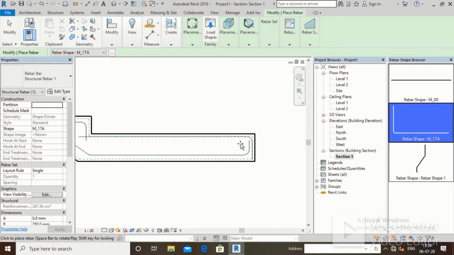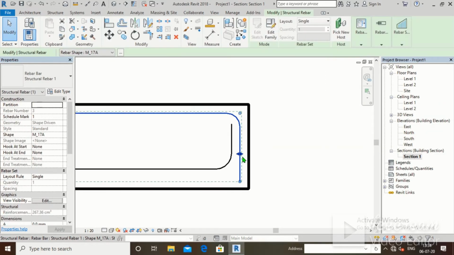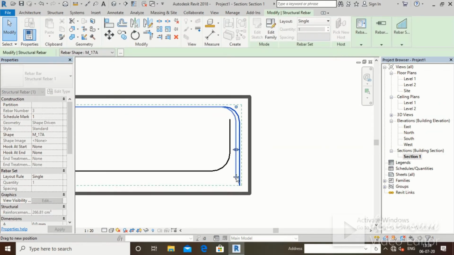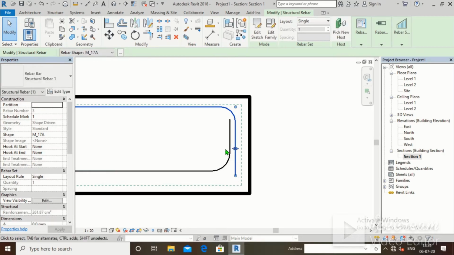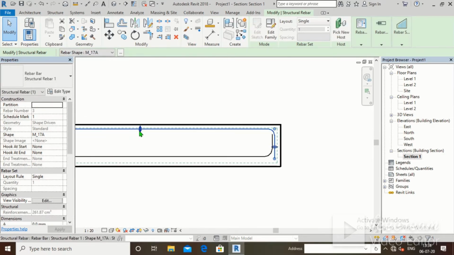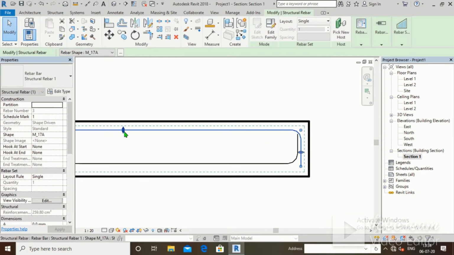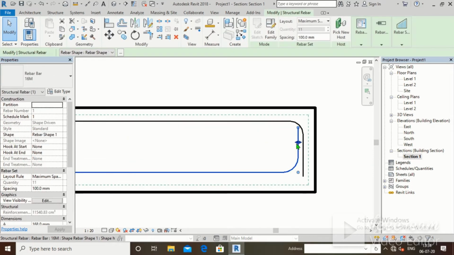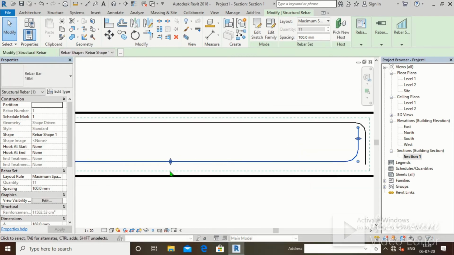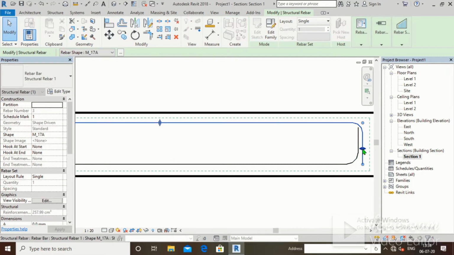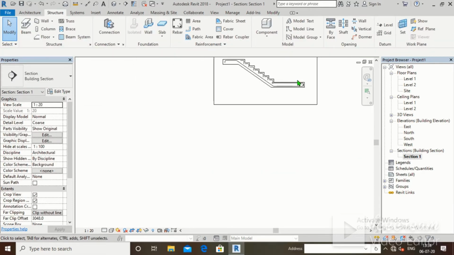We will provide it like this. We will arrange it a little bit. Move it a little bit downward. Move it upward. Arrange it. Okay, we have done this.